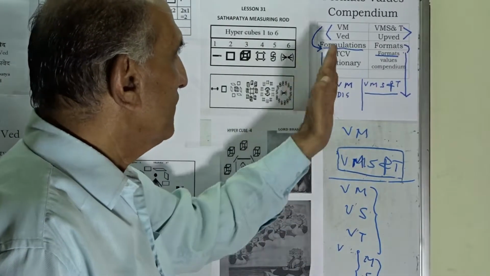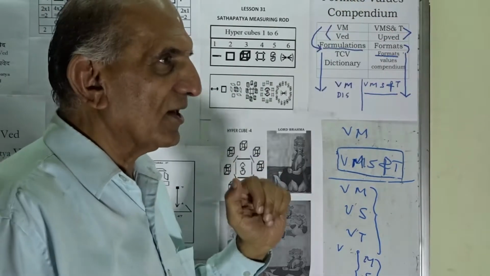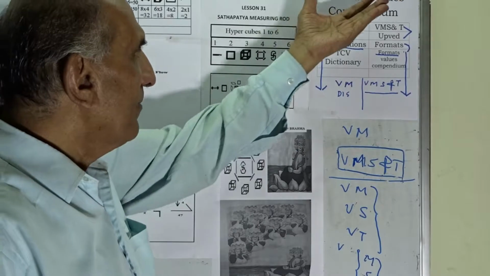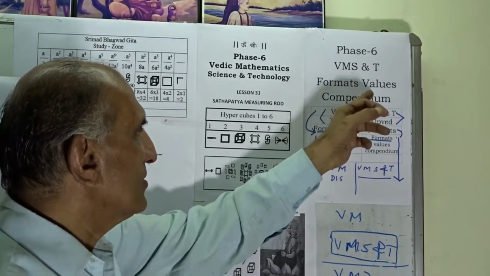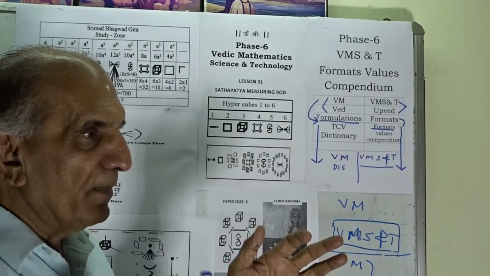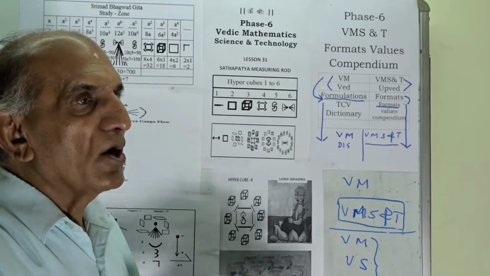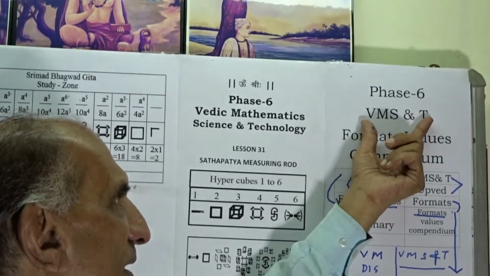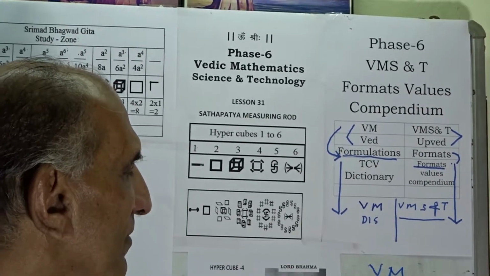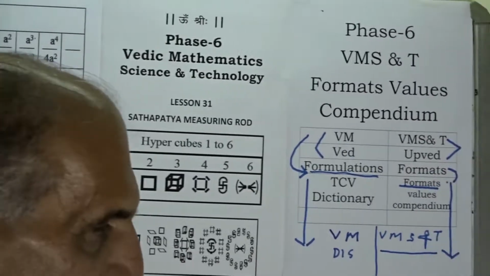Here in this phase 6, our focus is upon Vedic Mathematics, Science and Technology, and amongst it our central focus is upon the formats values compendium. We are making a compendium of the values of all the formats, the whole range of formats which are available in the discipline of Vedic Mathematics, Science and Technology. In this we can have a pause here